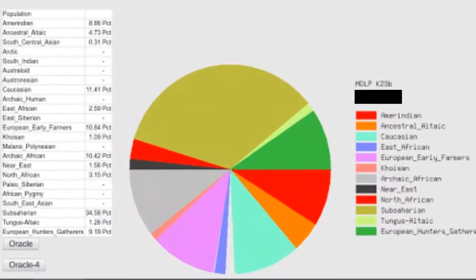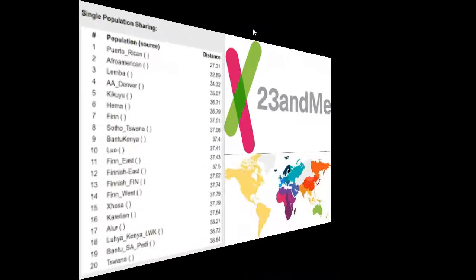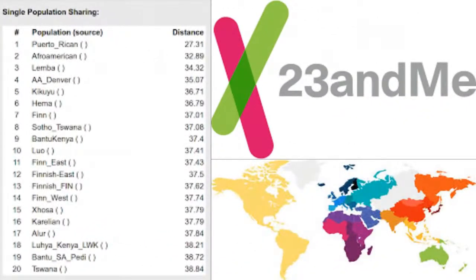This is my MDLP K23b results. And again, if you want to check out the numbers on the left, feel free to pause everything and go and have at it. You know what I'm saying? But in the interest of time, these are my Oracle results. So my first hit is Puerto Rican at 27.31, Afro-American at 32.89, Lemba at 34.32, African-American Denver at 35.07, Kikuyu